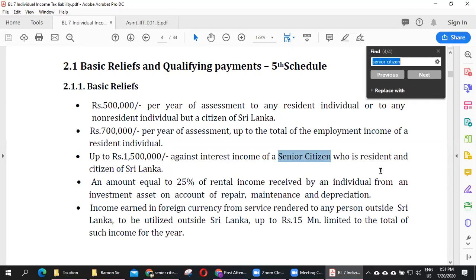EPF, ETF, gratuity. At the time of retirement, they will receive a big amount of money. The government motivates them to deposit all that money into the bank, and they will get interest, right? And the government does not charge any taxes for senior citizens up to 1.5 million interest, not deposit, interest, right? 15 lakhs per year. There is no tax up to 1.5 million,